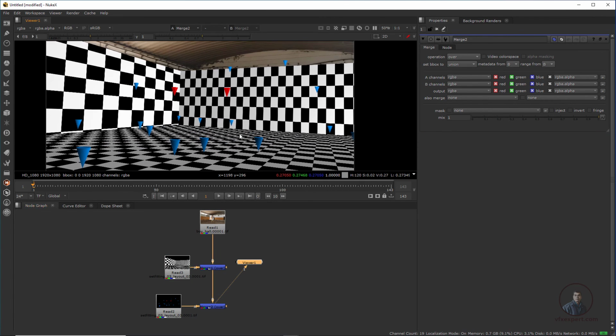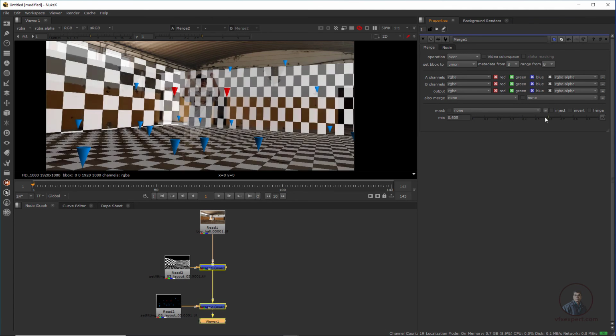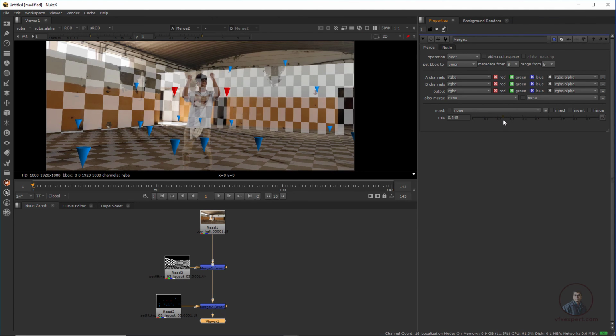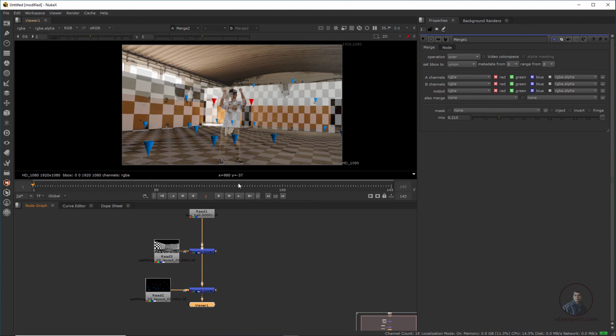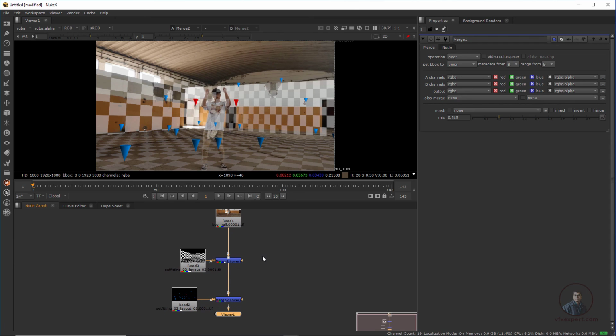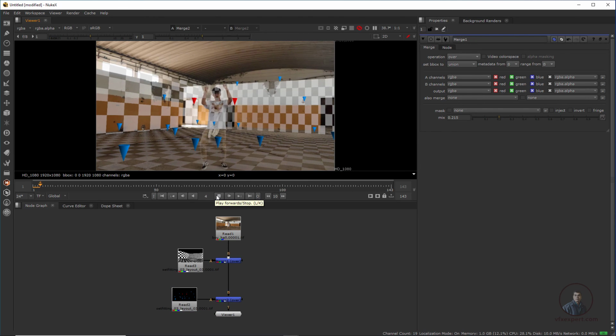After this we have to manage our checker layer transparency, then double click on merge 1 and adjust this mix value. Okay, so according to your requirement you can adjust. This totally depends on you. So finally press H, and adjust it a little bit here. So simple compositing is here. Now just play and check here. Finally press H, play and check.